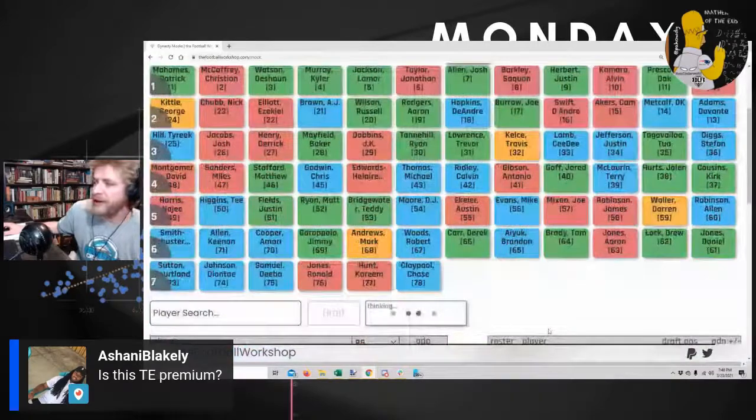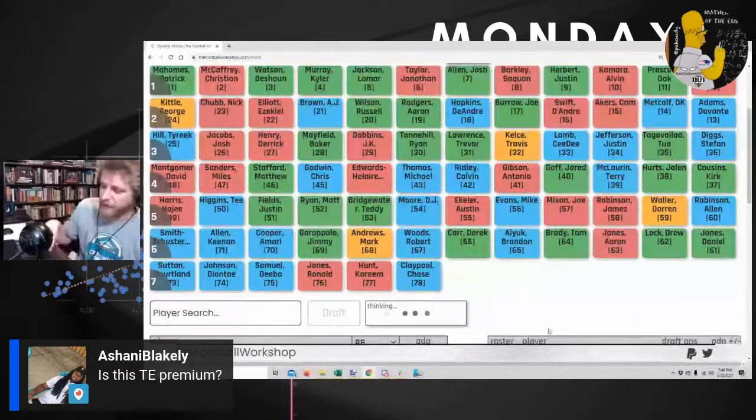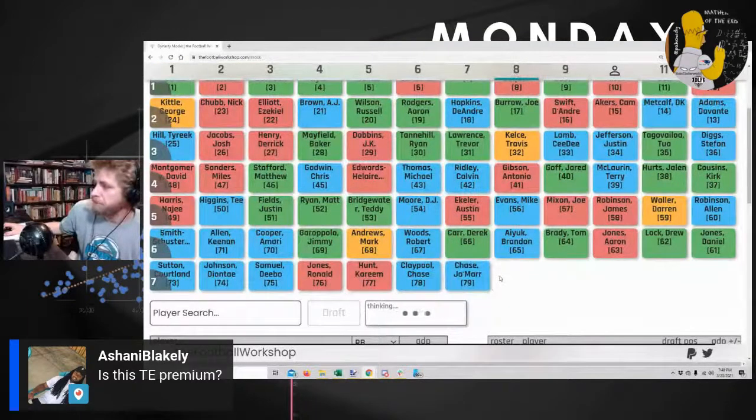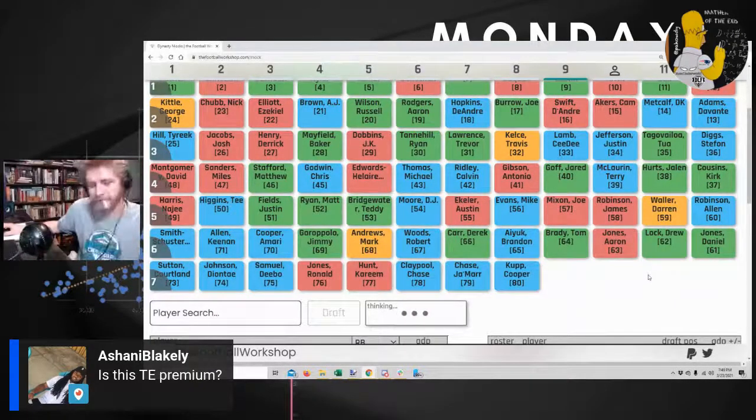I like the way it's shaking it up every draft. We've had 2 different drafts and the ADP's been different every time, despite the fact it's using ADP. He's got it mixing it up a little bit, which means you can do more than one draft, getting practice in, or just getting a sense of the market, which is more what I'm doing, without it just being repetitive. You know who you're going to take at each pick, and that would be ridiculous. He's put some work in on this, to be honest. Even got a little ellipsis telling you it's thinking, not dead. I like it. Cooper Kupp.